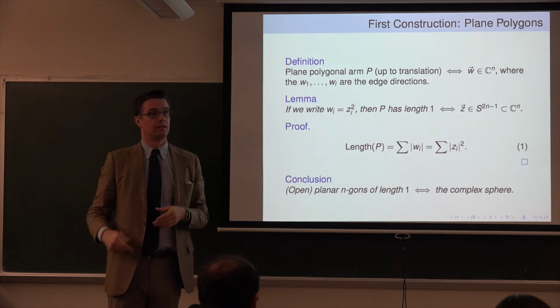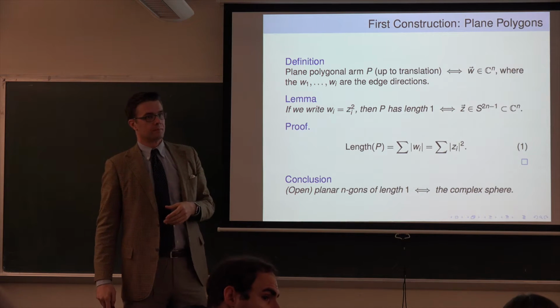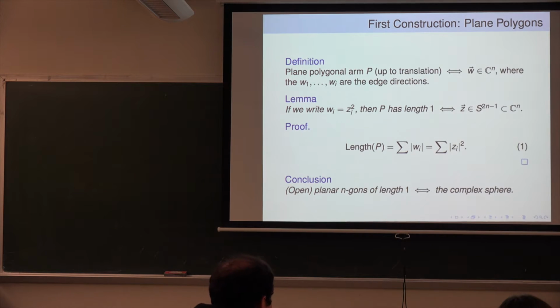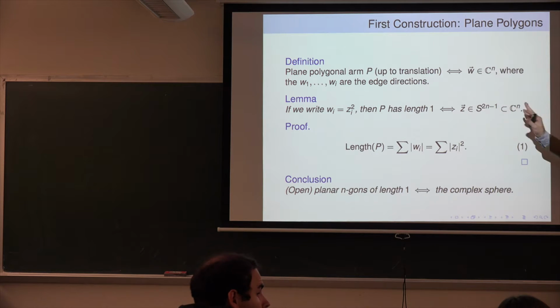Yes? Do you allow for the segments to pass through each other? Yeah, the answer is yes, because we don't know how to prevent it yet. But of course, in actual polymers, these things have thickness, and so they can't self-intersect. And if you're thinking of the curve as the core of the polymer, they can't come closer than epsilon away from each other. But incorporating that constraint makes things much harder. But that's what you want to do for sure. In everything I'm talking about today, I'm allowing self-intersections. Of course, it's probability 0, but